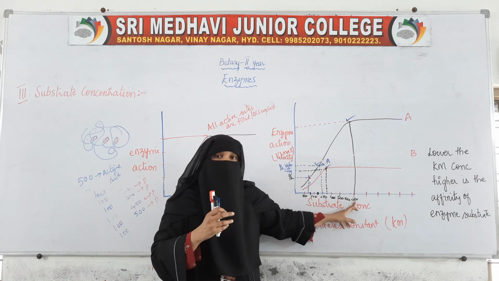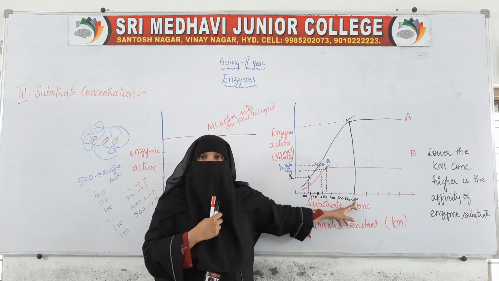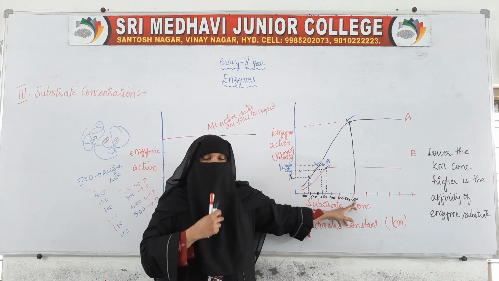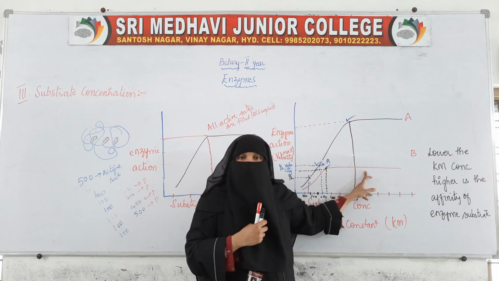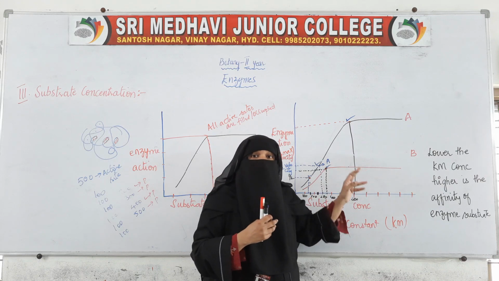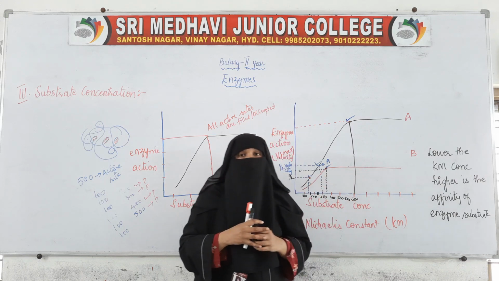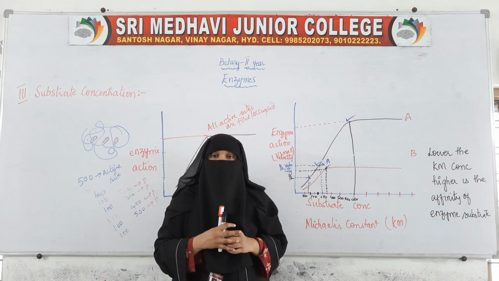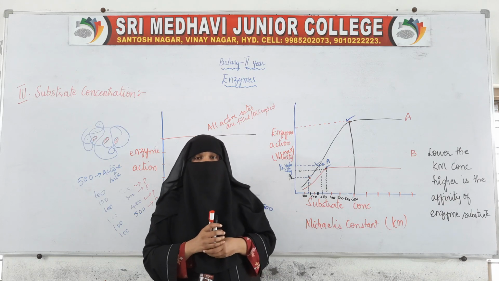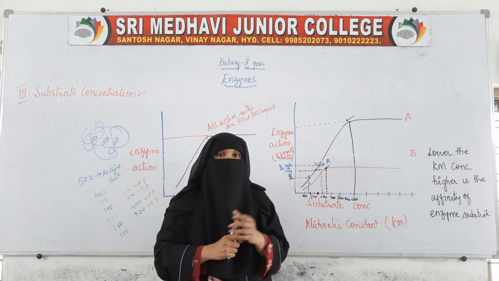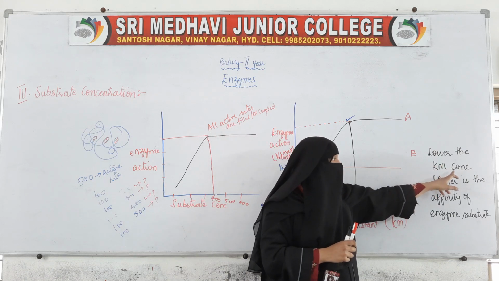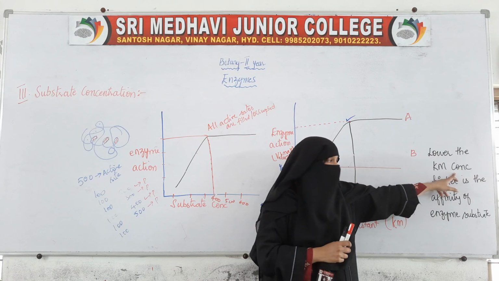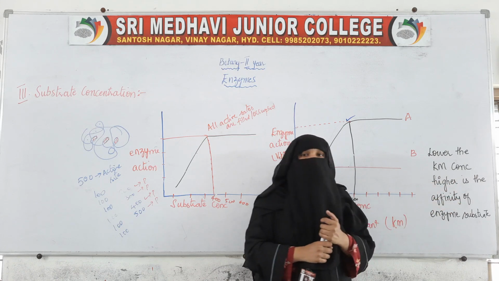Which enzyme is having more affinity towards the substrate? Enzyme B is having more affinity, because enzyme B is filling the active sites sooner when compared to enzyme A. So that is how we said the lower the Km, that is Michaelis constant, the higher is the affinity of